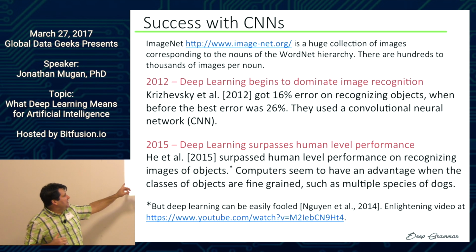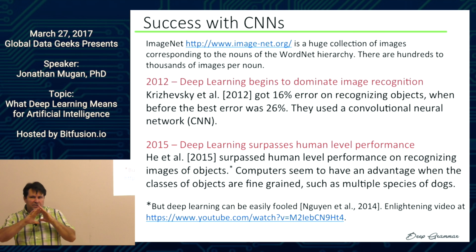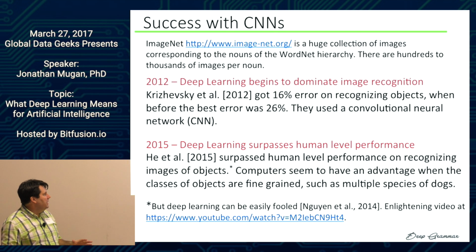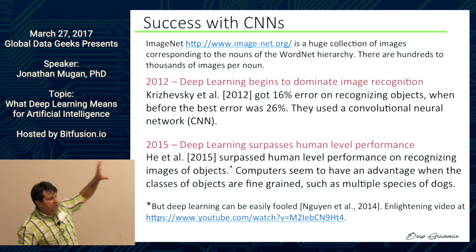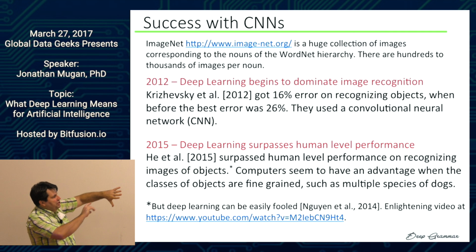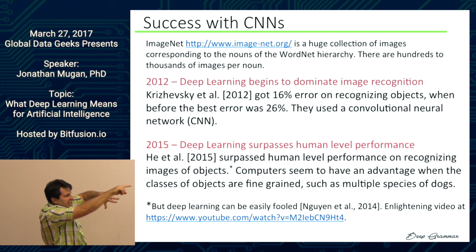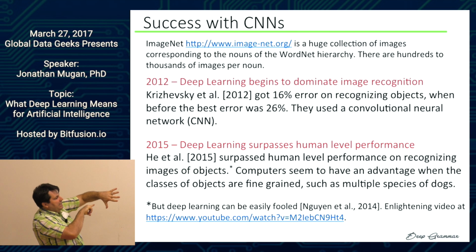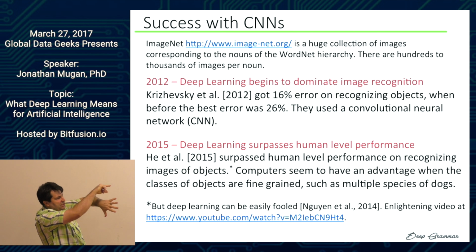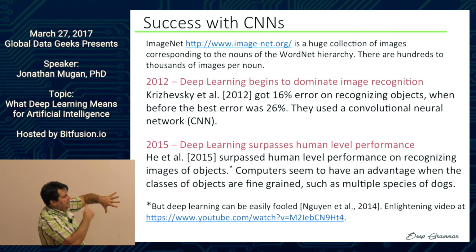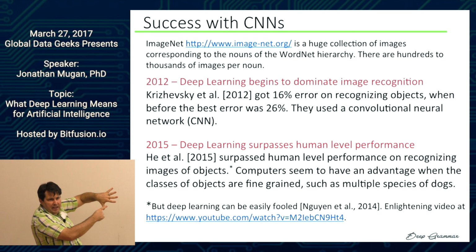But there is another asterisk here, which is that you can take a trained deep learning system on vision. Let's say it learns to identify a school bus. And you can do this procedure where you change one pixel. And if it still says it's a school bus with the same confidence, you keep the pixel. And you change another pixel randomly, and if it says, okay, that's a little less of a school bus, you leave it alone. You change it back to where it was. But you keep doing that until you find pixels you can change where the algorithm will still say it's a school bus. If you keep doing that process, you'll get to some white noise thing, and the algorithm says, yep,